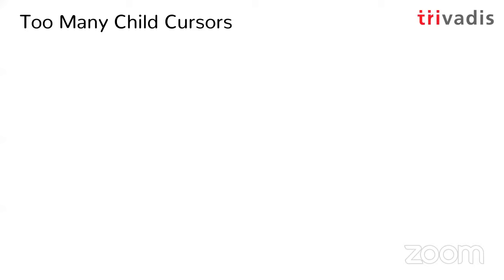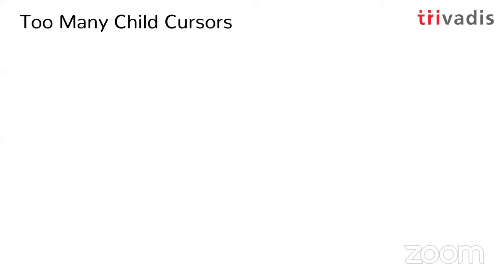let's continue. One question that was asked was about whether it's a problem with parsing and the obsolete threshold and so on. And here I have a slide about what I call too many child cursors. Because somebody could also ask, I have many child cursors, I want to investigate it. And here what I'm asking is, is it a problem to have too many child cursors or not? Because if Oracle is keeping a limit, you might expect that there is a problem, because if it wasn't problematic, they wouldn't put a limit,